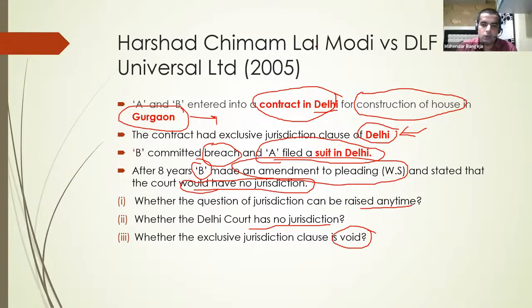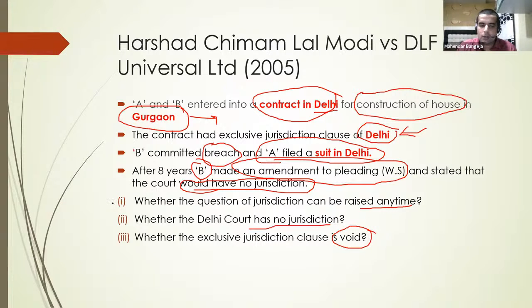AA says no to one, yes to second. Whether it has no jurisdiction. So you are saying that it has no jurisdiction. Exclusive, okay, when both the parties agreed. Okay, fine, I'll proceed. I'll kill the suspense. See,